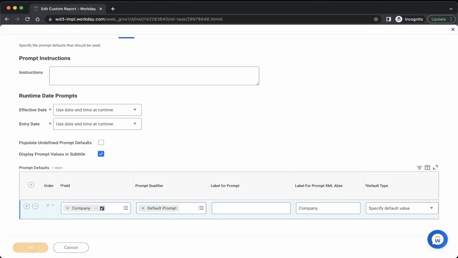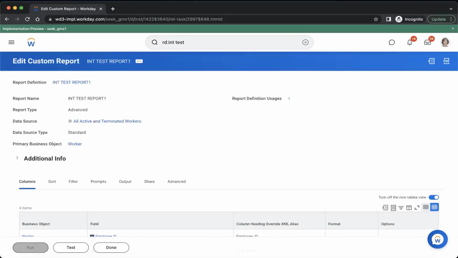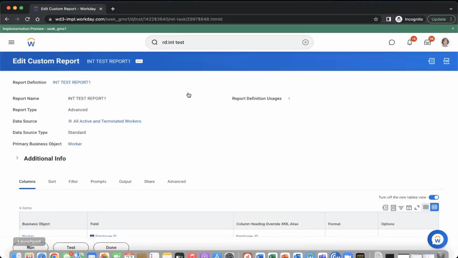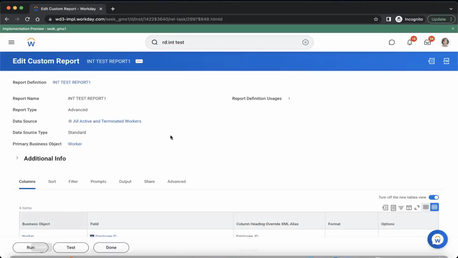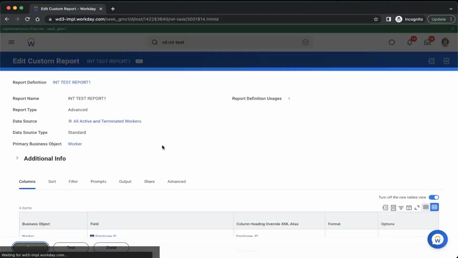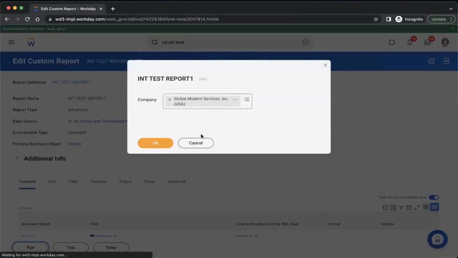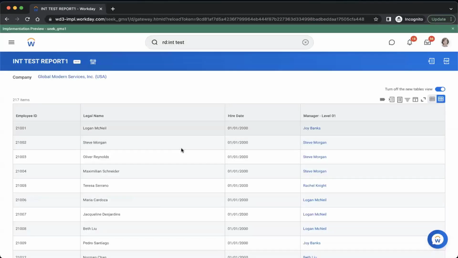I just added a prompt of company. That means if I have to run this report, it will ask me for the prompt. Now, how will this work in Studio? Let's see that.